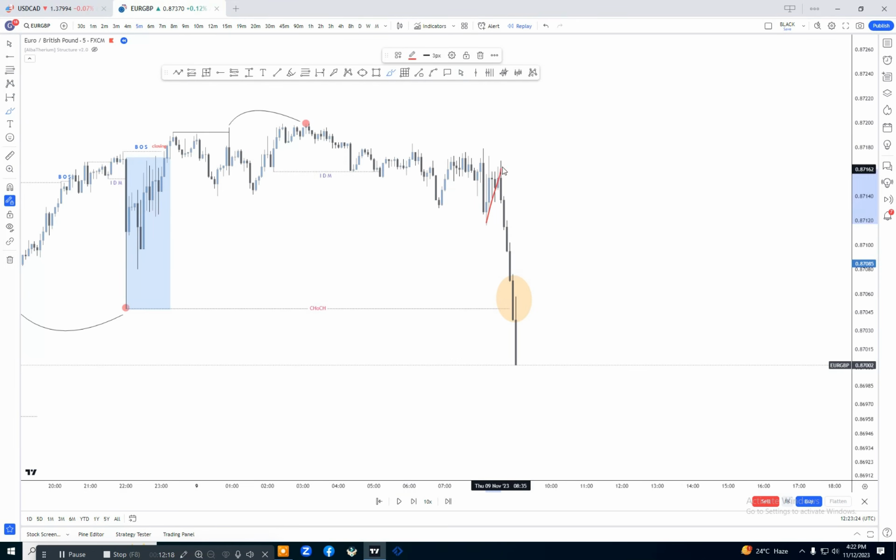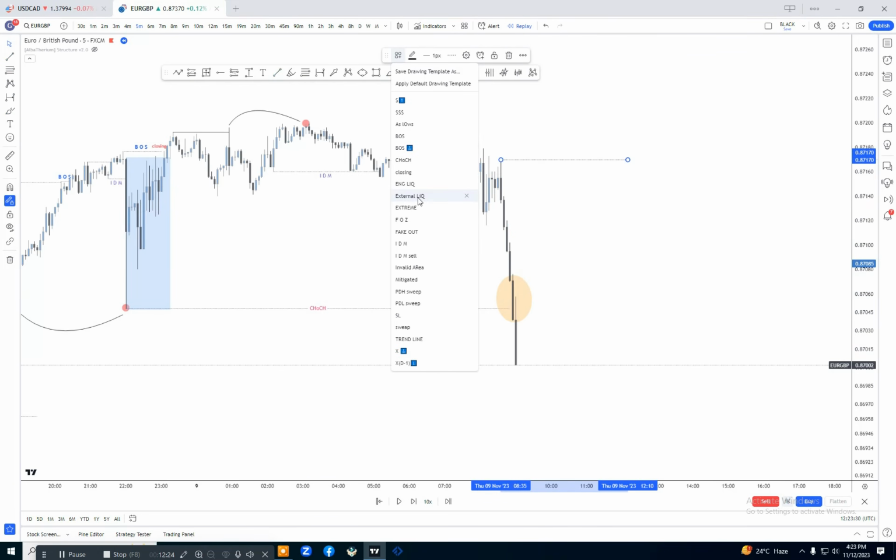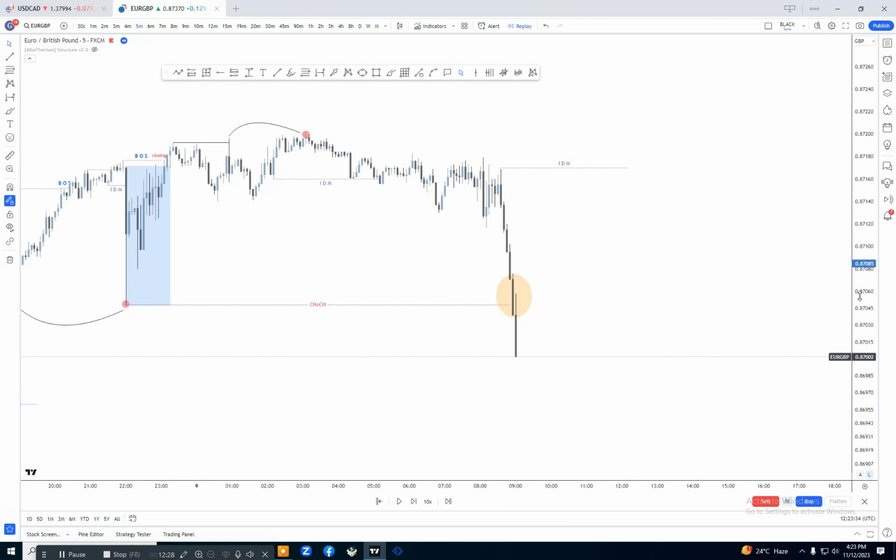Now here is our last pullback, so this high will act as an inducement. If we see here, this will be our inducement area. Remember, I am just focusing on structure mapping, not finding any entries or POIs or anything else, because in this video I am just focusing on clarifying how to mark a confirmed structure in the market, no matter which time frame you are using.